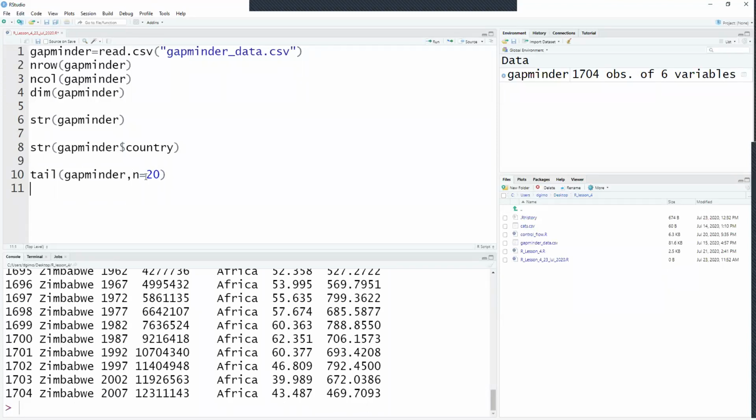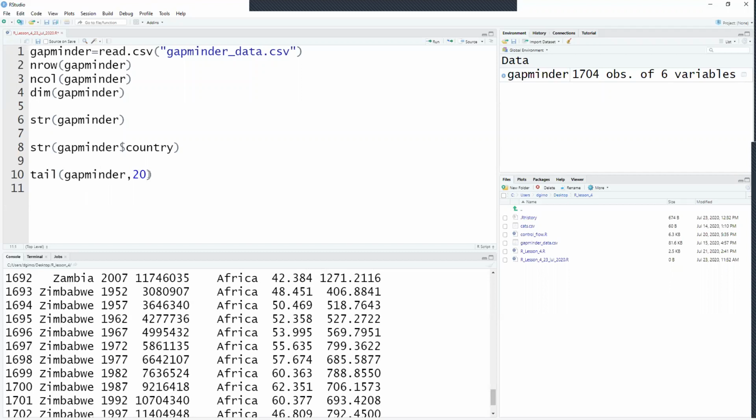20. And also worth noting, this came up last time, you actually do not need to say n equals 20. If you just put the number 20 and enter, it will still show you the same thing, because this function, the tail function, expects the second option that you put in to be the number of rows that you're interested in. At the same time, if you want to look at the top of the data set, you can